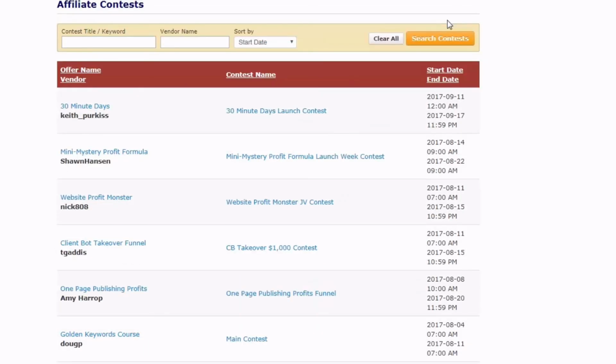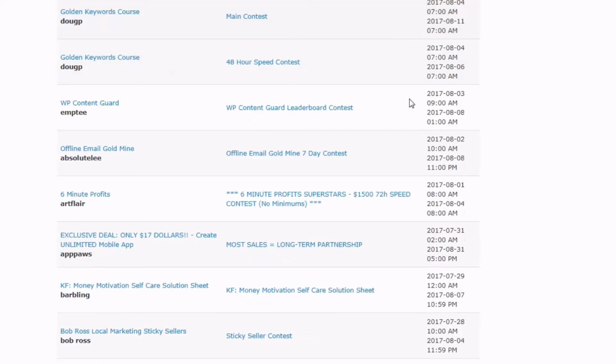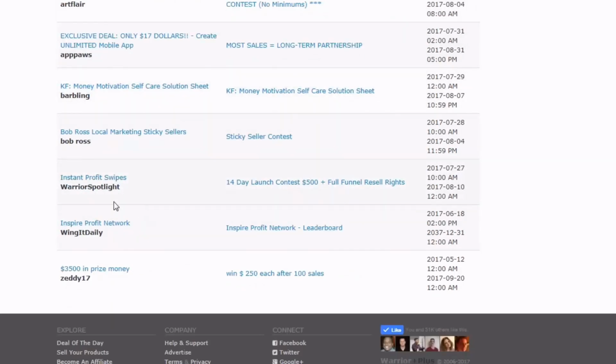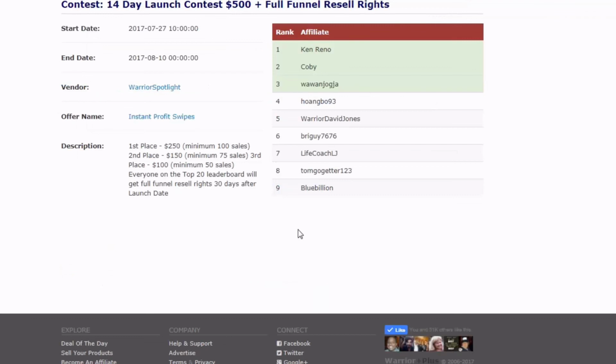Let's sort for start date. And let's see if we can find one here. Okay, here's one that has started, Instant Profit Swipes. Okay, so here's the contest, and it ends on August 10th. So you can see the affiliates that are actually promoting, and where we're showing the top 3 who are going